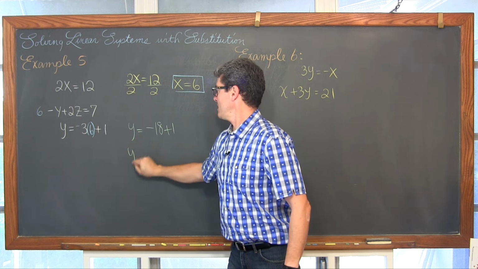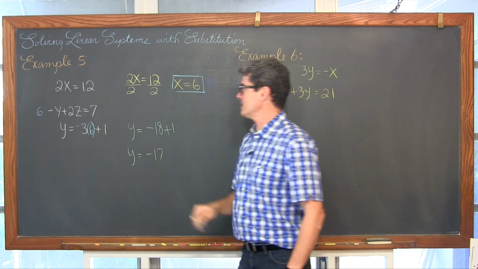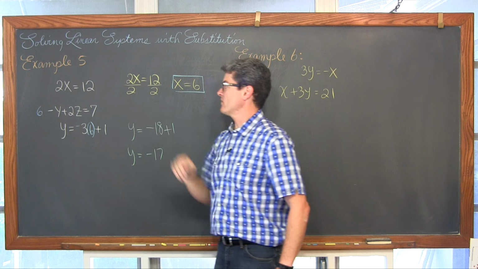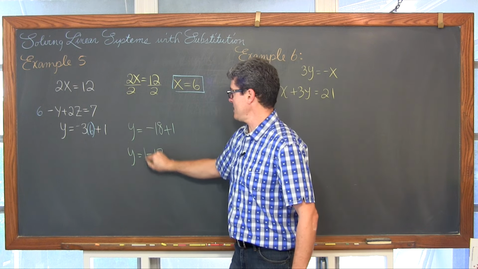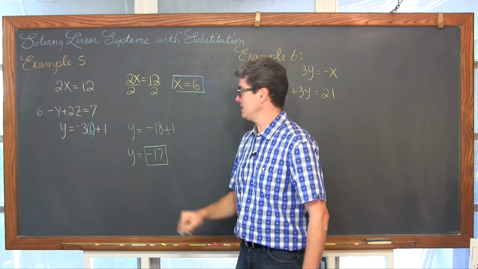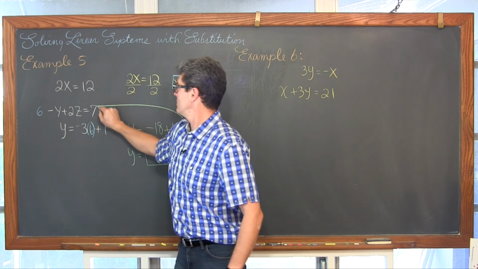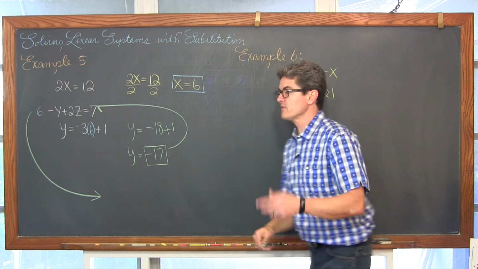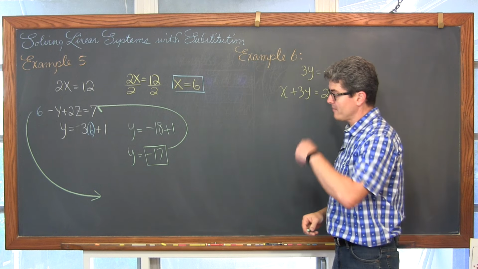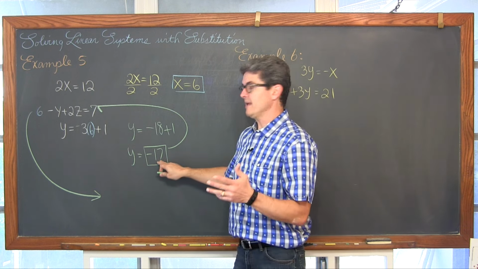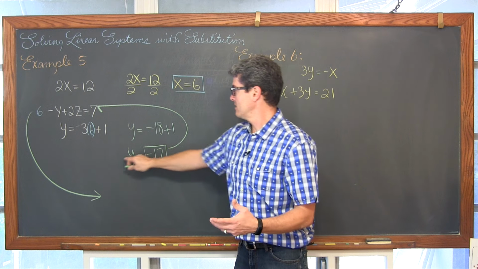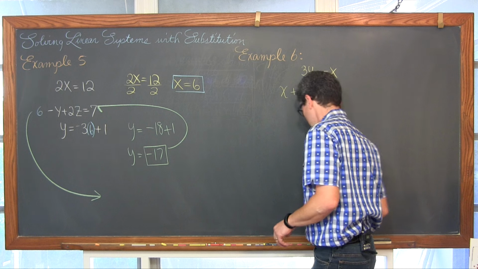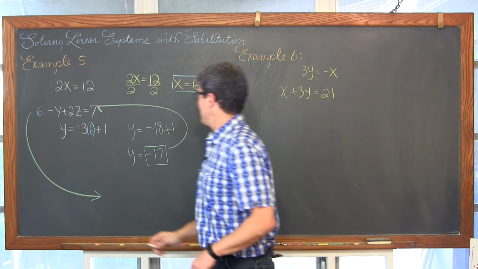So we know that y is equal to negative 17. And now, since the only equation left that I haven't worked with is the second one, I'm going to take that value of negative 17, plug it into that second equation, the only one that has a variable that's unknown left in it, and recopy it again, replacing the variable of y with what we now know that it's equal to, which is negative 17. So that's going to look like this.